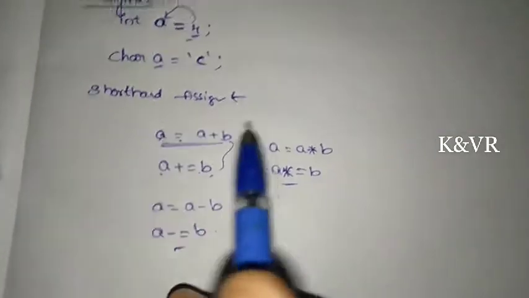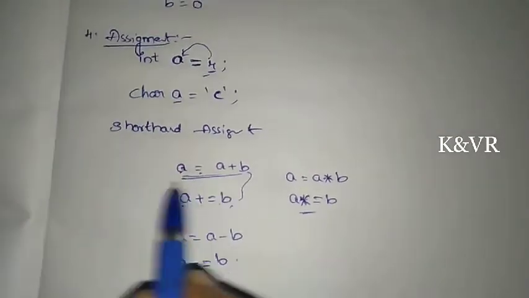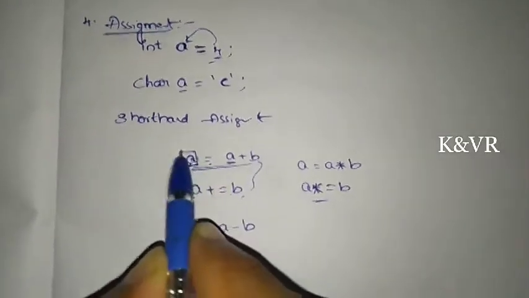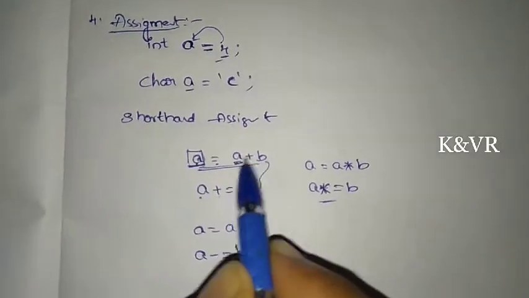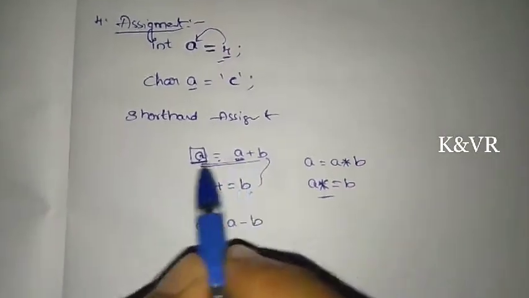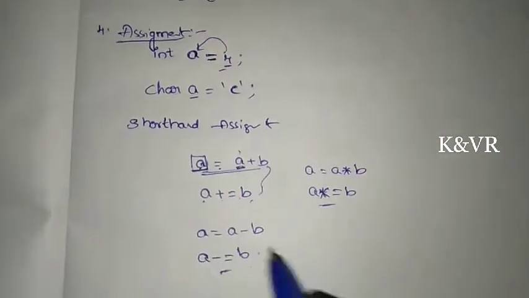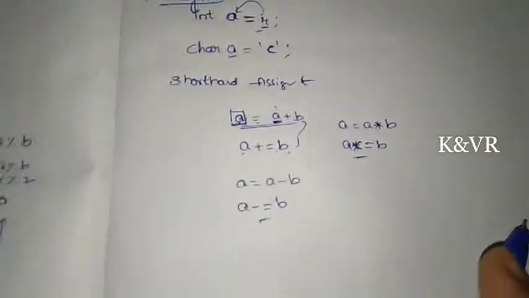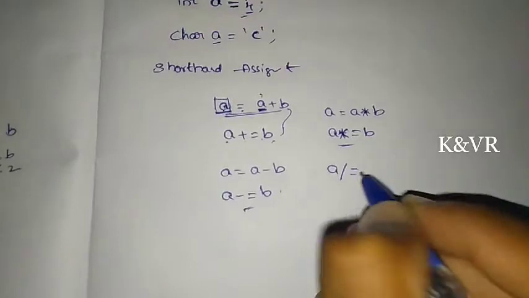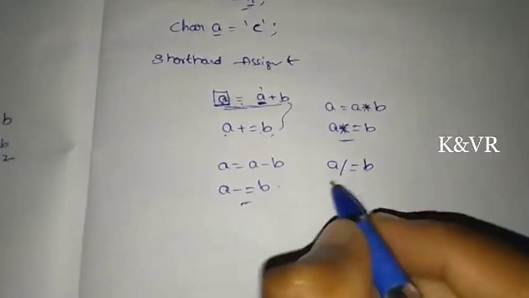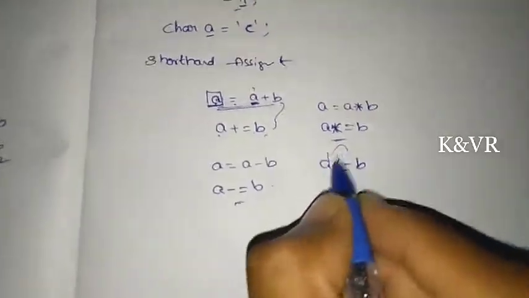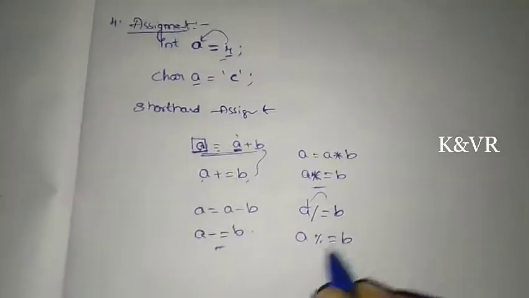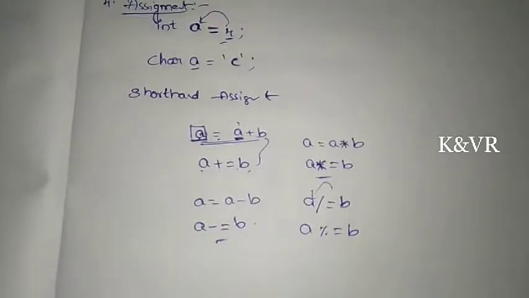And we should note one very important thing: when the variable on the left hand side is present in the right hand side, then only we can use these shorthand notations. Otherwise we can't do it. And similarly, division of A by B and storing the result to A: A modulo equal to B, that means A equal to A modulo B.